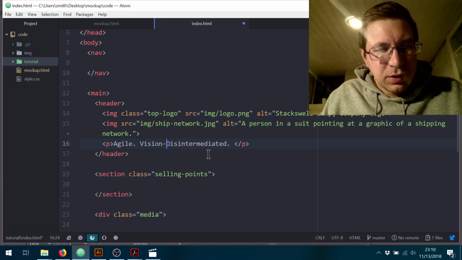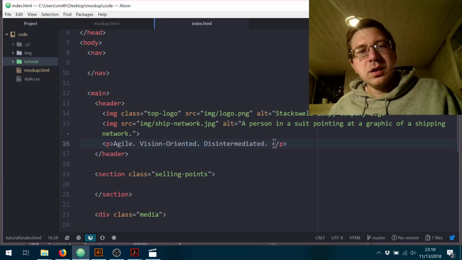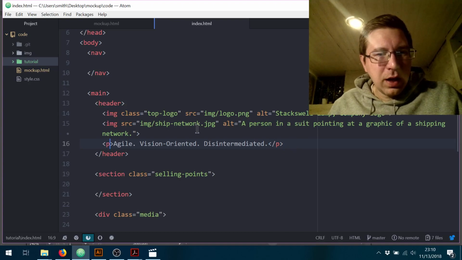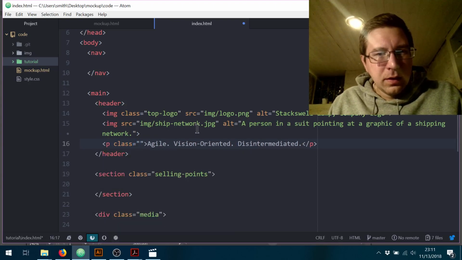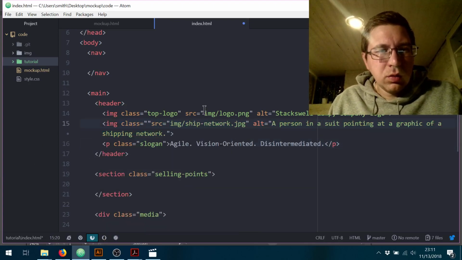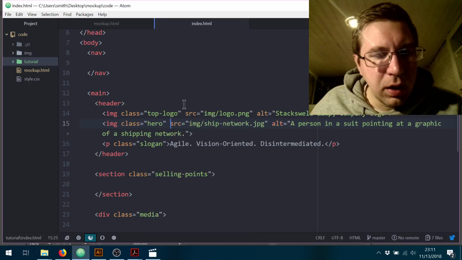Vision hyphen oriented. Disintermediated. Okay, there's our slogan, and we'll go ahead and give that a class. Slogan. And let's give this image a class as well. This is kind of like the hero image, so we'll just call it hero. Okay,